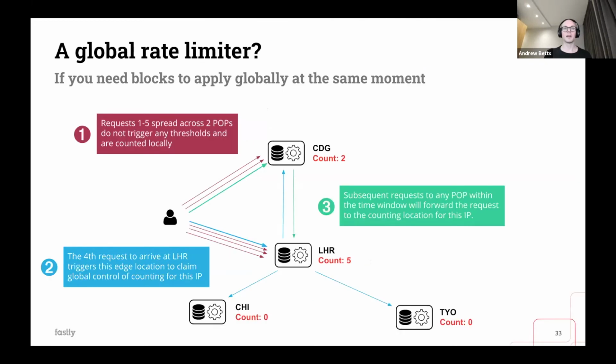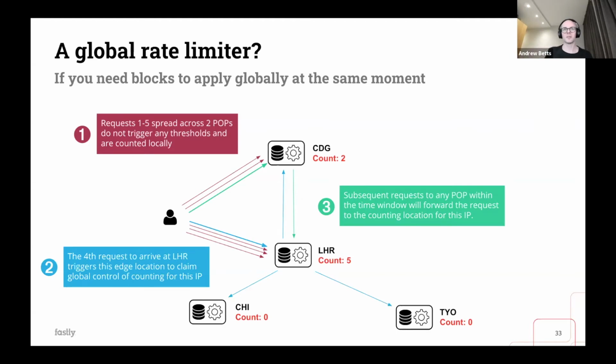And what about rate limiting? Rate limiting is a really interesting case because it tends to be something that you want to apply globally, but you don't want the latency that's associated with maintaining a global counter. Let's say you want to allow a user to make 1,000 requests an hour, but most good users will likely make all their requests to one edge location, but attackers will be annoying and send their requests evenly to all your edge locations. So,